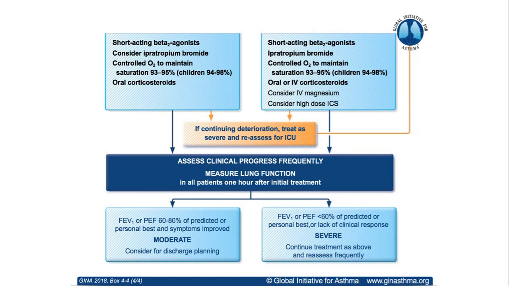Regarding continuing, if the patient continues to deteriorate, you can call the ICU for consultation. If the patient's FEV1 or peak expiratory flow is 60 to 80 of predicted and the patient's symptoms are improving, you can consider discharge planning. If it is less than 60% of predicted or personal best, this is severe; continue treatment and reassess frequently. You can give salbutamol nebulization every 20 minutes to assess. In the first hour you can give